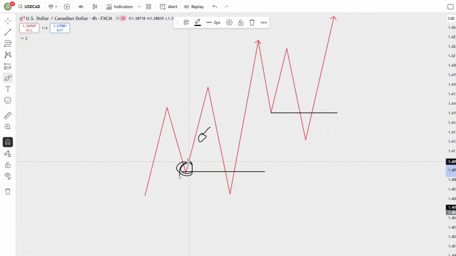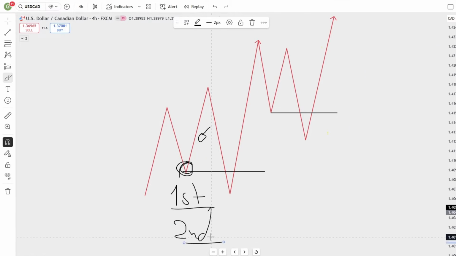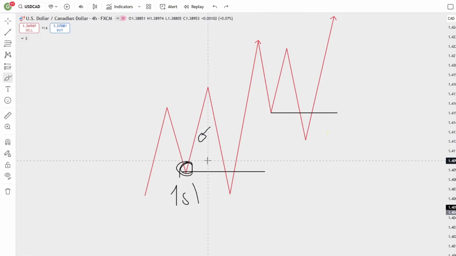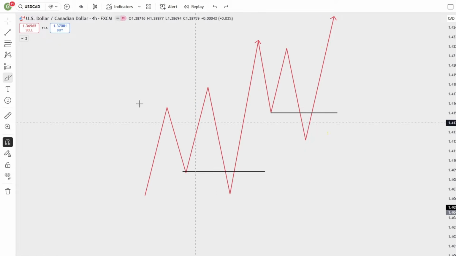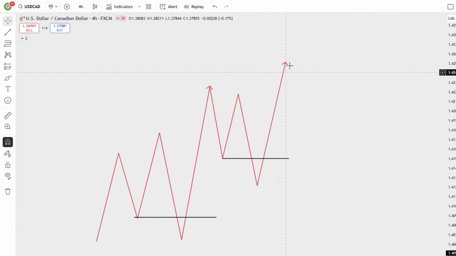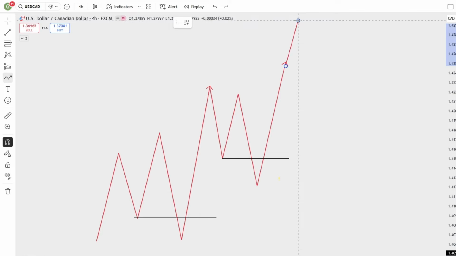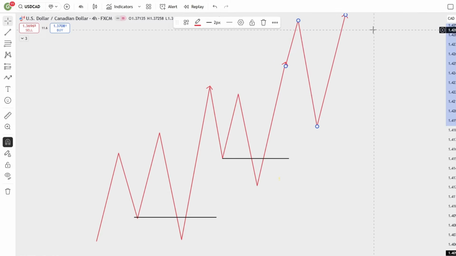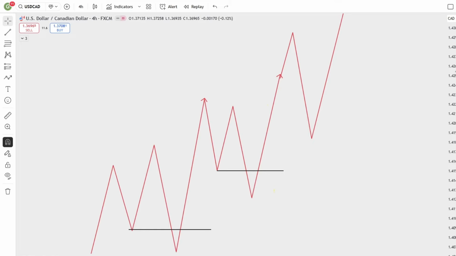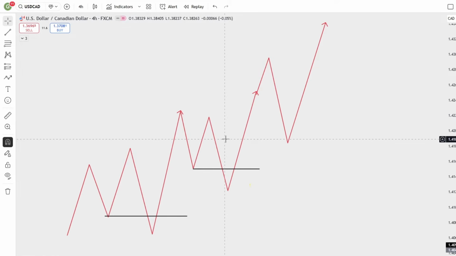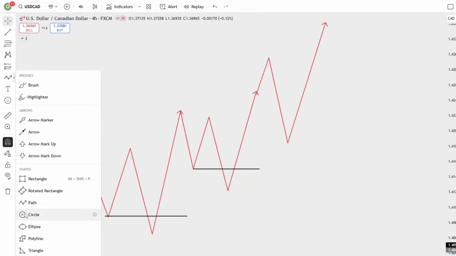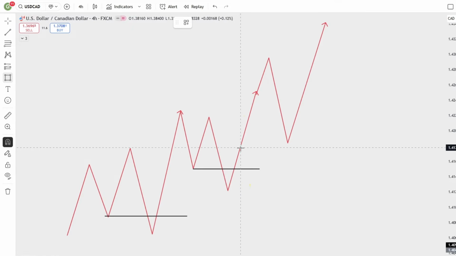So here you have the first internal liquidity. You have a second internal liquidity, which I'm going to show you in a few seconds. Let me draw my path right here. You have this internal liquidity right here, and you're asking yourself, where is the internal liquidity? The internal liquidity we have here is this little guy,